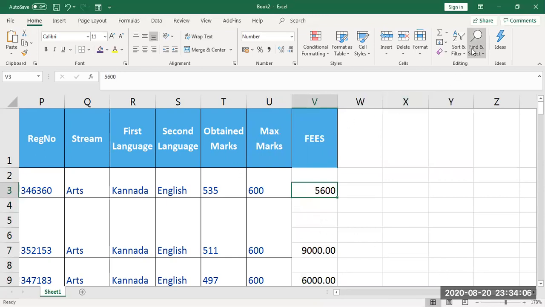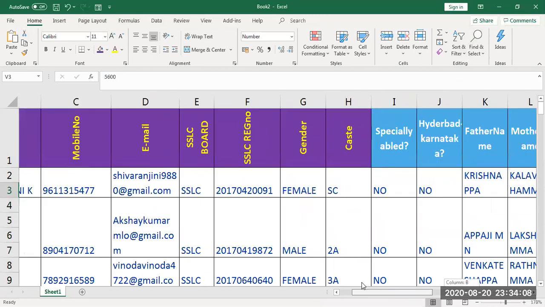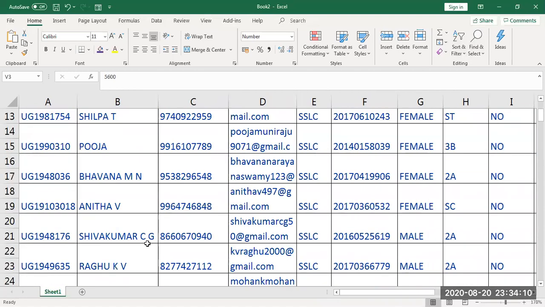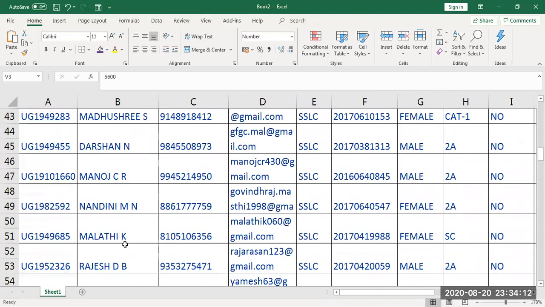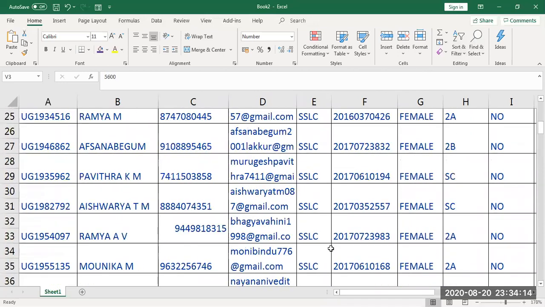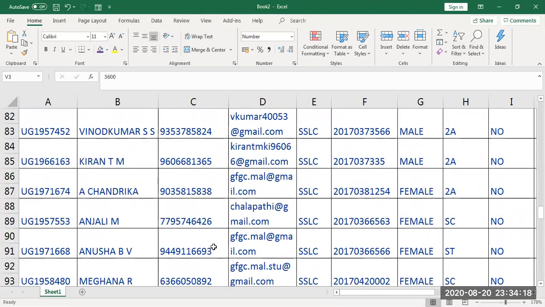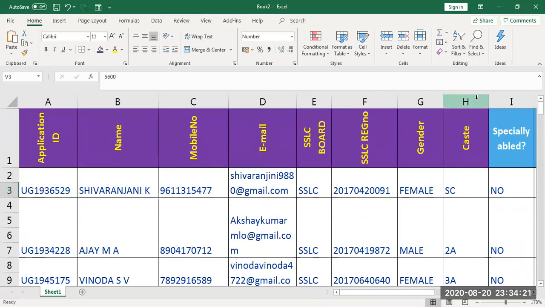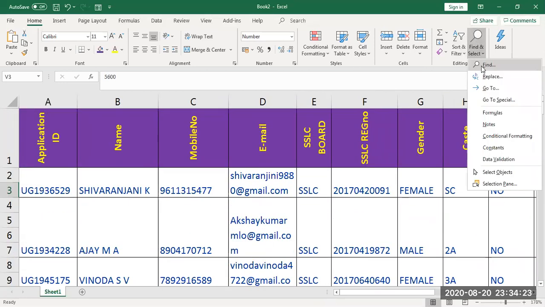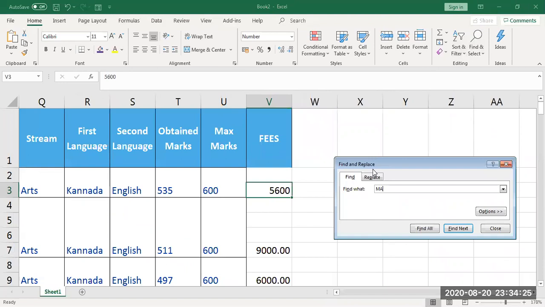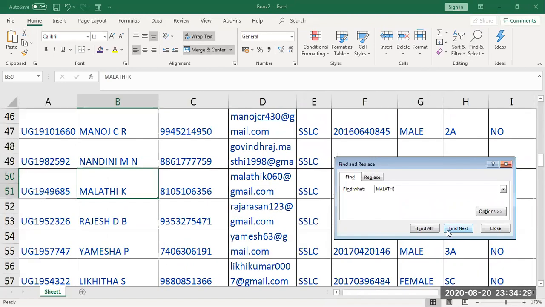And if you want to find any content, a particular name or thing, say I want to find a name called Malati. See, so many records are there. It is very difficult to find one particular student's record. In that case, I can go for find and search for a word called Malati and then give find next, which will show where it is. Can you see? It has selected this row, telling Malati is placed here.